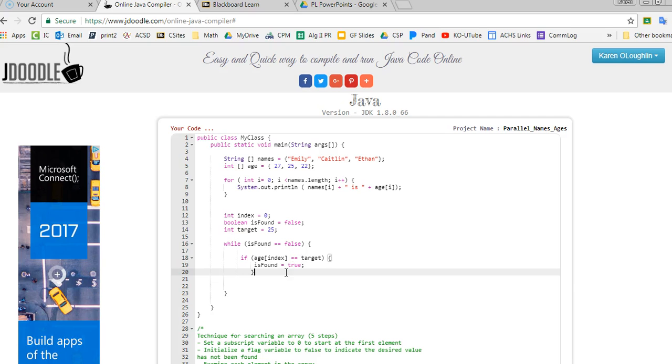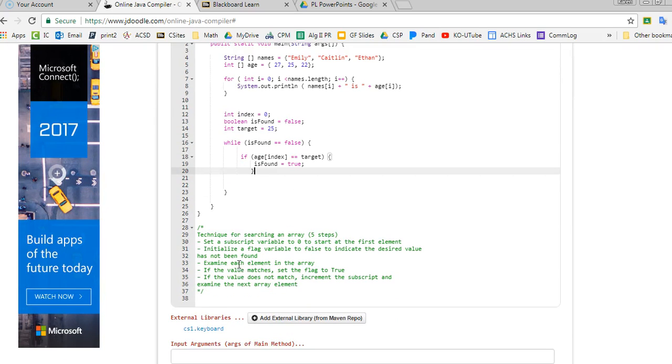If it isn't met, if I look at my steps, examine each element, if the value matches, set the flag to true. If the value does not match, increment the subscript. So if it does not match, I'm going to need to say index plus plus. Now it's possible that I could read this as an if else, because if it matches, we're going to set the flag to true. Otherwise, we're going to